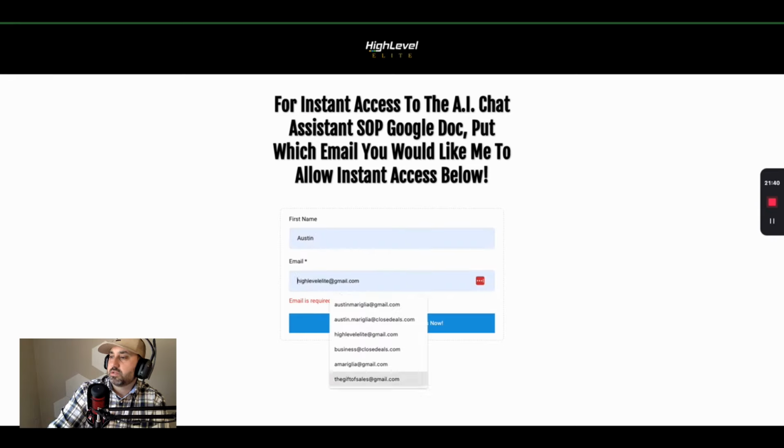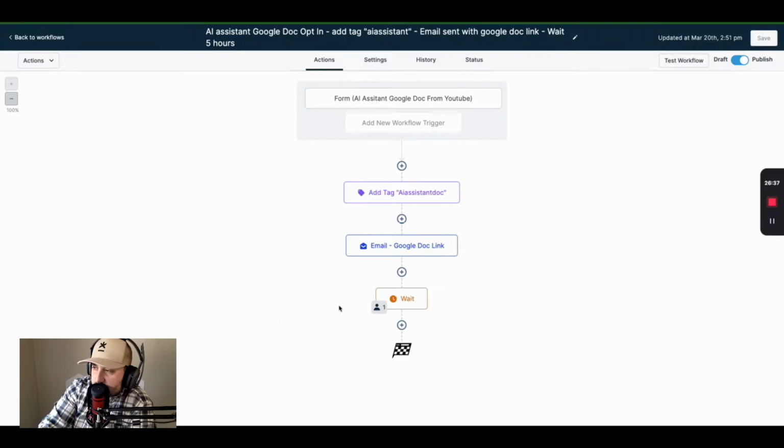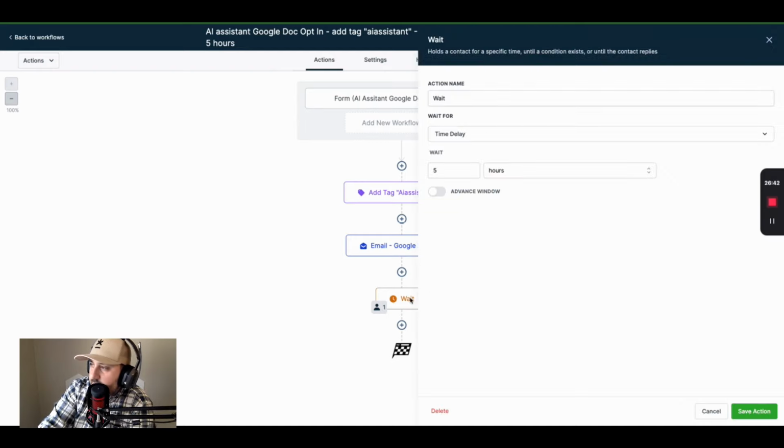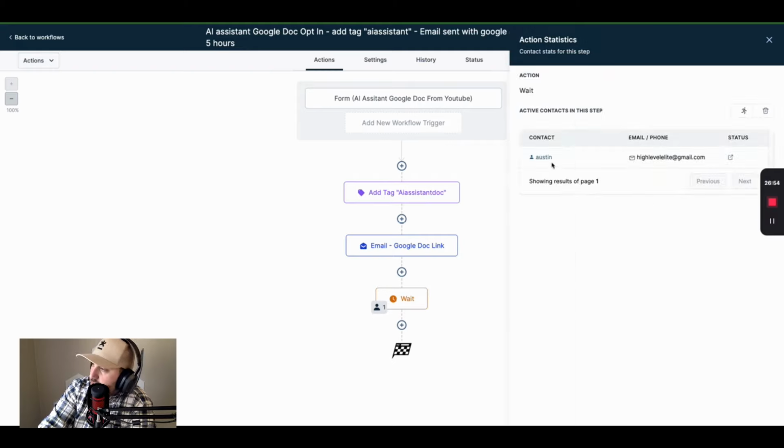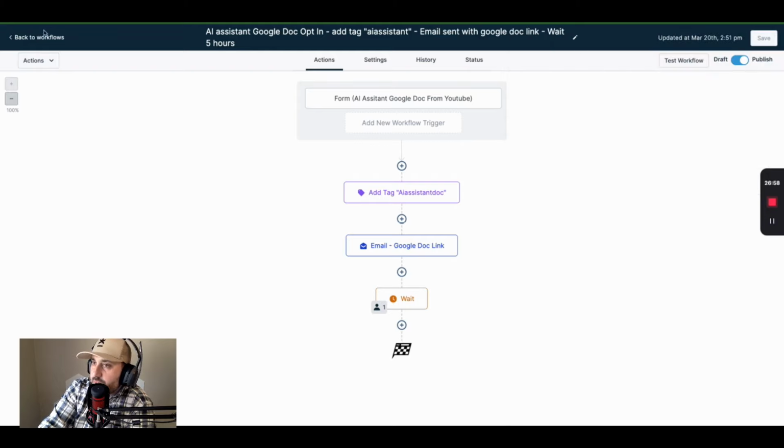My email is, let's do HighLevel@gmail.com. Boom. Okay, so I go back to my workflow and it'll show me that, boom, someone went through. I check on this wait period, I click on that, and you can see that I'm stuck there now. So I went through this workflow. And you can see me, Austin, boom, so there it is. So now the next step would be